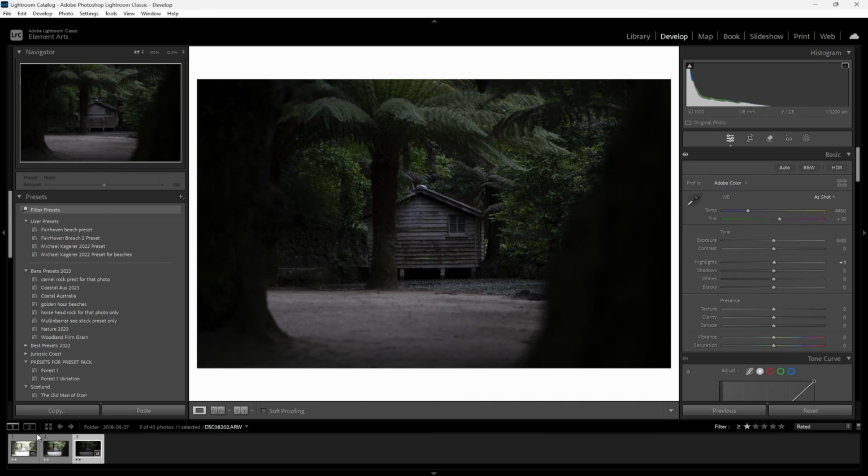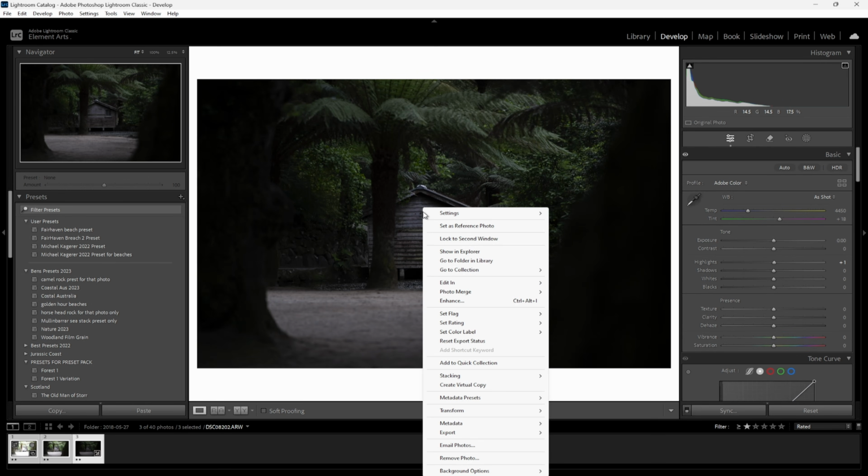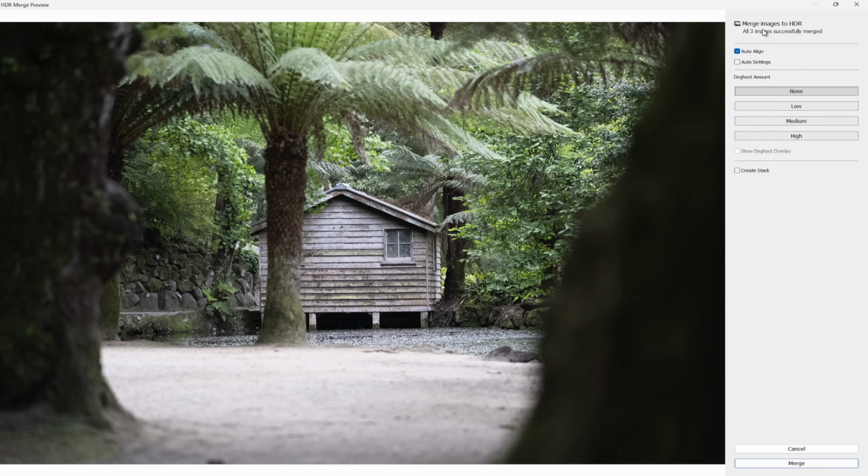First off, let's highlight all of our exposures. We then need to right click, hover over photo, merge, and then select HDR. This window will then pop up. Here you need to make sure auto align is checked. Below that we have a setting